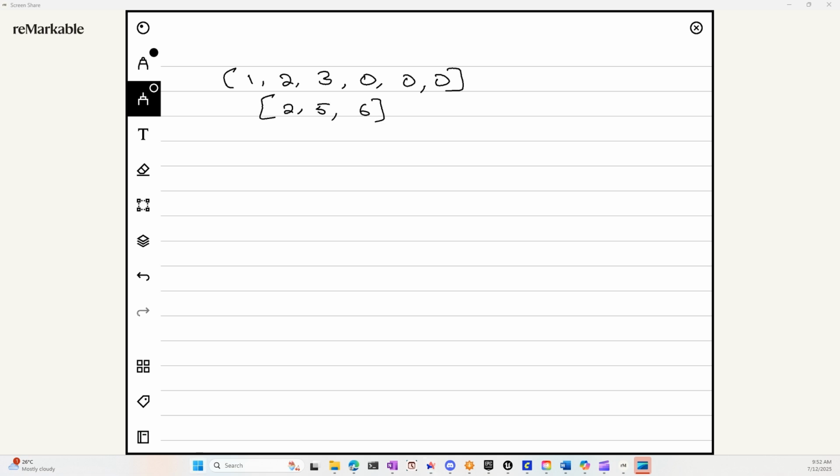What's the length of this one? It's 6, right? This one is 3. And they also give you the length of the individual arrays. So it's like 3 and 3, right? So the total length is the arguments for both the